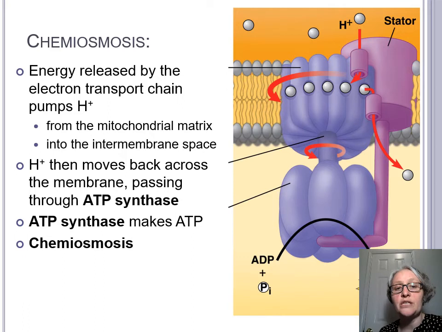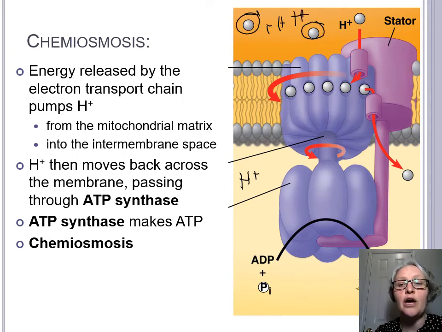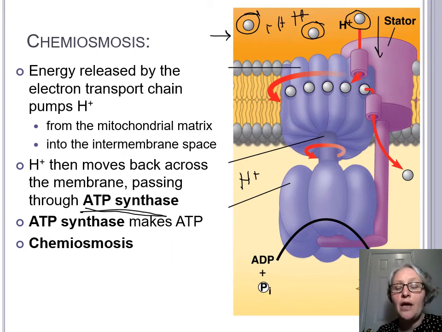Chemiosmosis is where we're going to take the energy released from the electron transport chain and pump those hydrogen ions, or those protons, from the matrix into the intermembrane space. In this picture, the protons or the hydrogen ions are those gray balls. What happens is once you've built up a hydrogen ion concentration in the intermembrane space, those hydrogen ions then flow through ATP synthase. That's this purple molecule that you see drawn right here. As that molecule spins, as those hydrogen ions are flowing through it, this is going to generate ATP, and